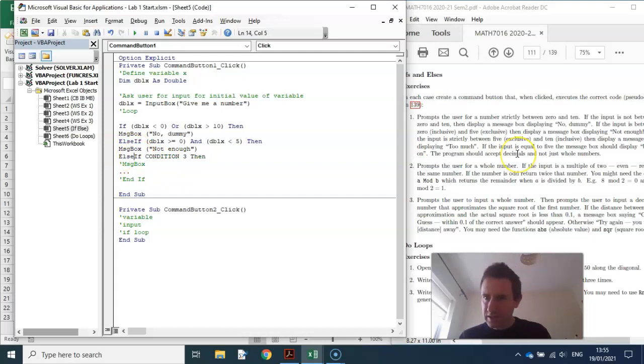The other condition is if it's bigger than 5. Now you can be a little bit smarter here. So you could do bigger than 5 and less than or equal to 10. But because you've actually already ruled out bigger than 10, you just have to do bigger than 5. So sometimes there's some of these you can do that. So if dblx is greater than 5, then